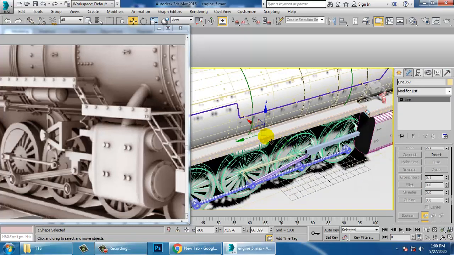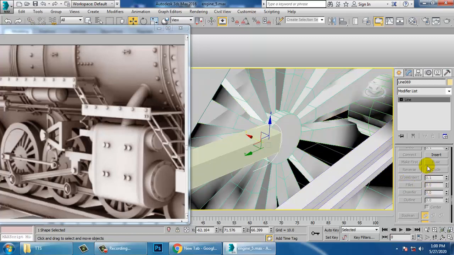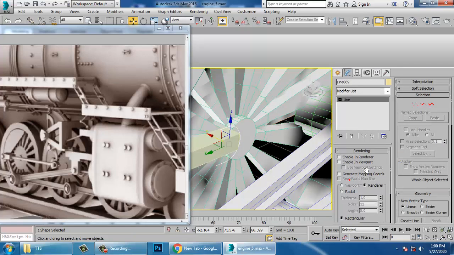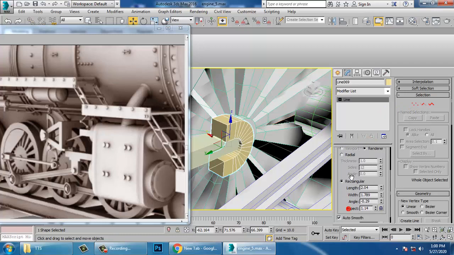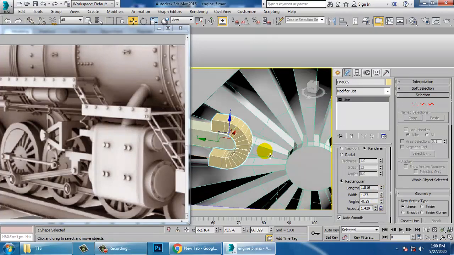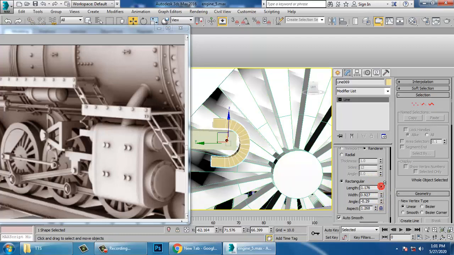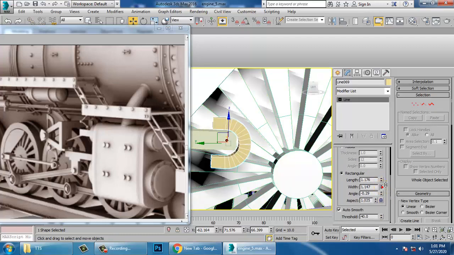Just push this out again. We have very minute details, so it's taking more time for the modeling part. Let's again enable in viewport, make it rectangular, make this a bit thinner. Just push that up over here in this way.